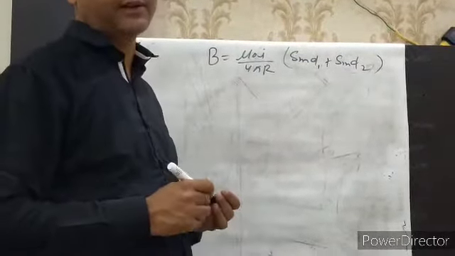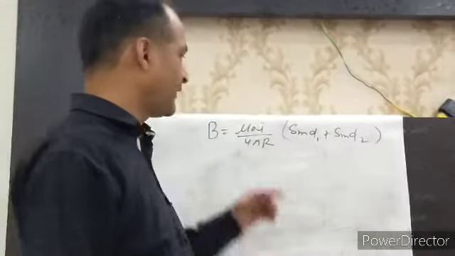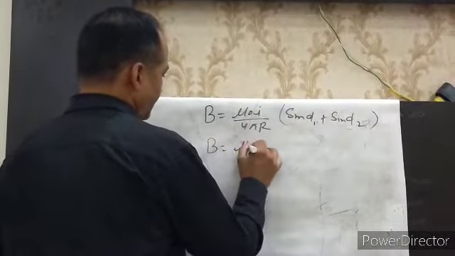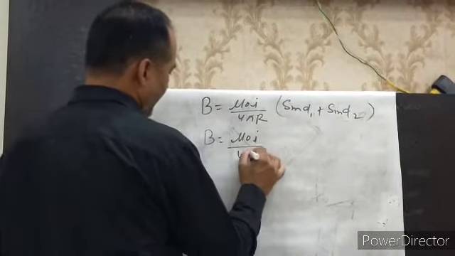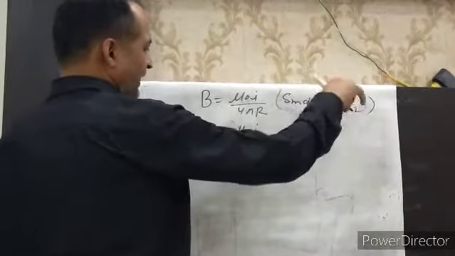Now see, you have to remember only the formula because you will get a numerical question and you have to solve it. For that I am doing this. B is equal to mu naught I by 4 pi r. And what we get? Instead of sine phi 1 plus sine phi 2, this is an angle term, so write only phi. Clear? And multiply by pi upon 180. Then there is no problem with the formula, and you will get the numerical answer.